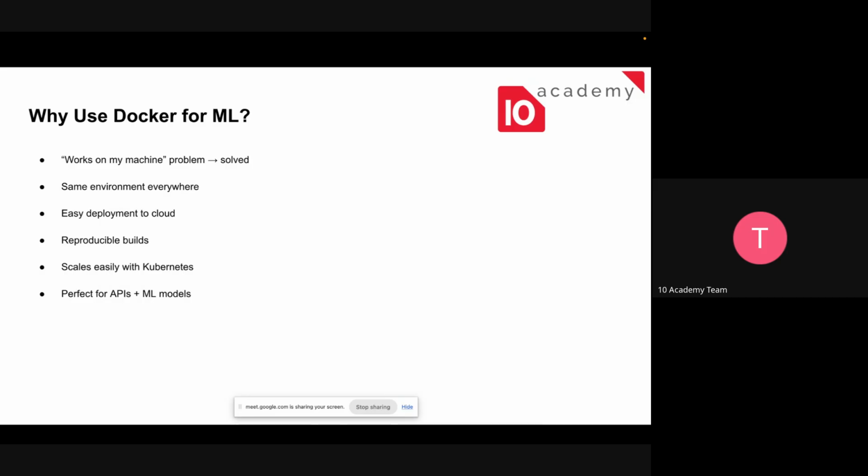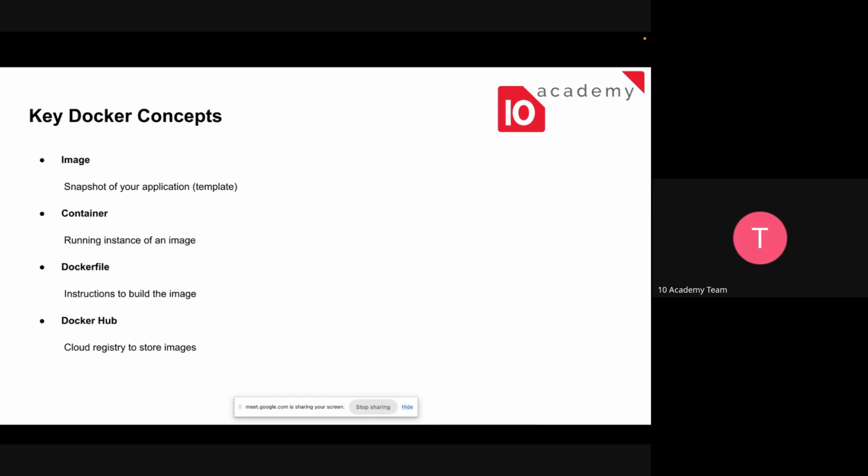So why we use Docker for ML: it solves the "works on my machine" problem, same environment everywhere, easy deployment to cloud, reproducible builds, scales easily, and perfect for APIs and ML models. So the key Docker concepts are image,